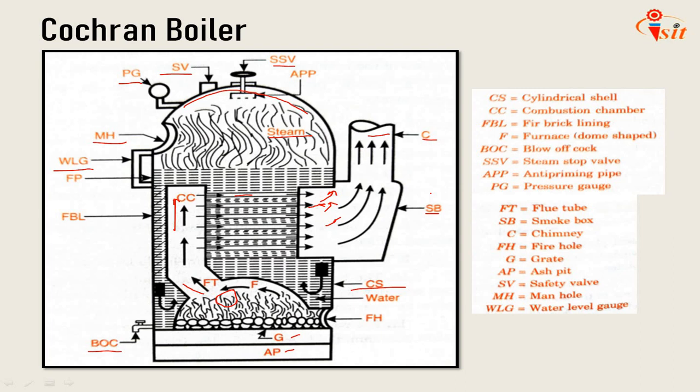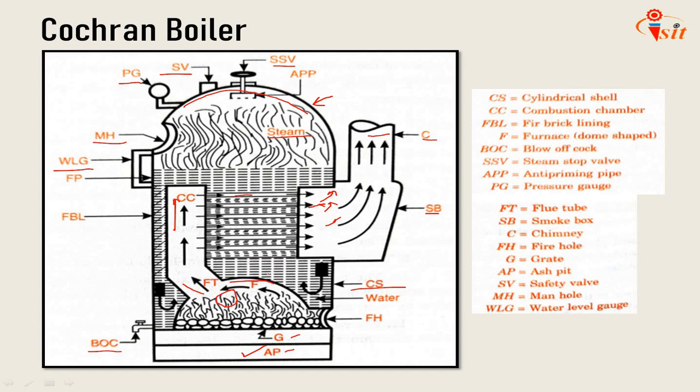It is one of the best types of vertical multitubular boiler and has a number of horizontal fire tubes. The Cochran boiler consists of a cylindrical shell with a dome-shaped top where the space is provided for steam. The furnace is of one-piece construction and is seamless. Its crown has a hemispherical shape and thus provides maximum volume of space. The fuel is burnt on the grate, and ash is collected and disposed of from the ash pit.